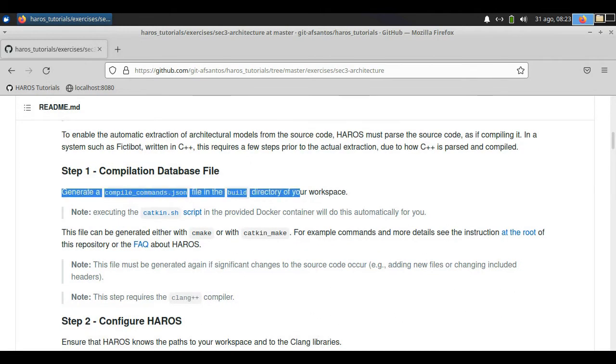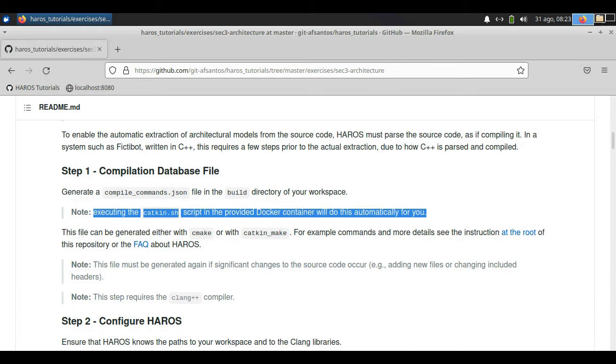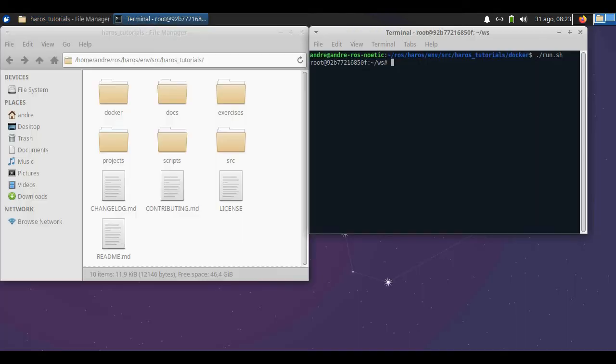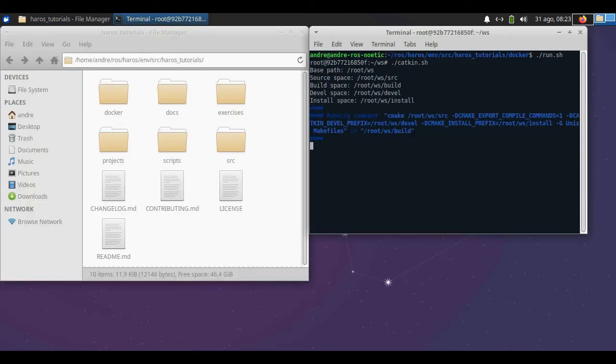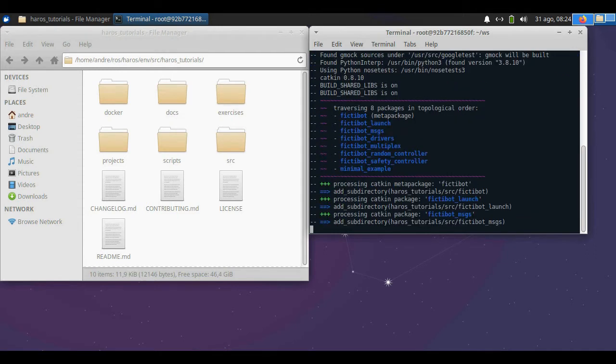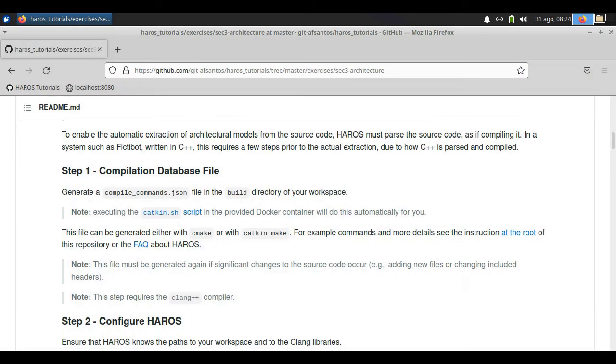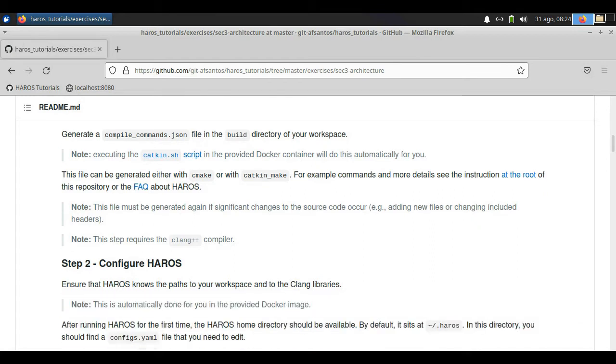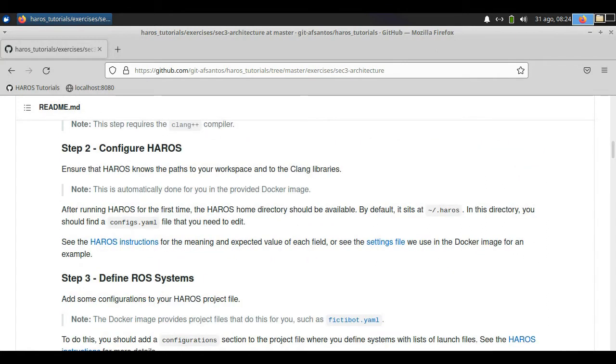The first step is to build a compilation database file for the Fictibot workspace, and this is automatically done with the Catkin script that is already available in the Docker image. Step 2 is to prepare some configuration files for HAROS, which again is already done in this image.